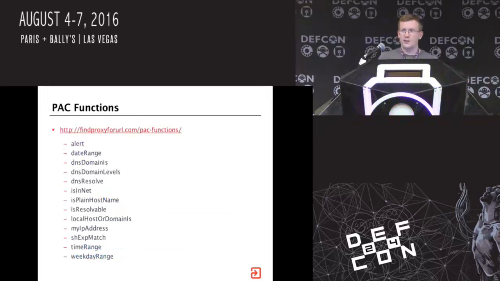JavaScript in the PAC file isn't like JavaScript on a website. You don't have the full range of functions to put stuff on the screen and talk to the DOM and all that kind of stuff. These are all the functions. This is essentially the API that PAC scripts have access to. The two that really stand out to us are dnsResolve and isResolvable. dnsResolve, as you might expect, takes a hostname and returns an IP address, and isResolvable takes a hostname and returns true or false. These are interesting because they let the PAC script talk to the outside world. So we have sensitive data going in, and we now have a way to communicate with the outside world.